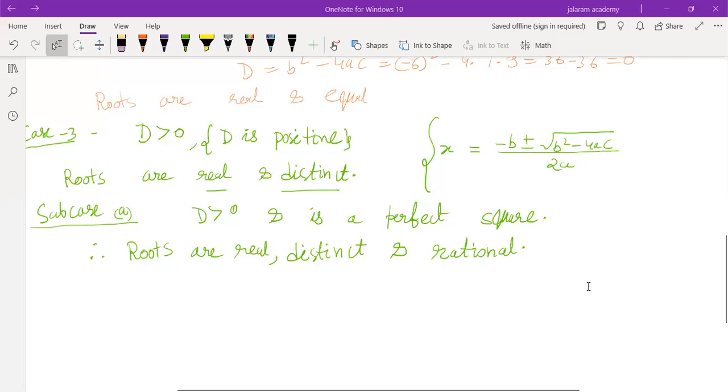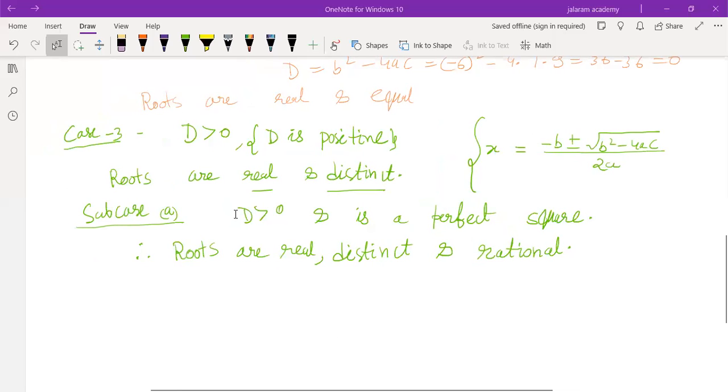Yes, sir. So whenever discriminant is greater than 0, actually discriminant is written inside the square root in the Sridharacharya formula. X equals to minus b plus minus root b square minus 4ac upon 2a. But if it is a perfect square and it is written inside the square root, then it will give a number which is not inside the square root. So it will give two roots which are real, distinct, and rational also, as square root of a perfect square is a rational number. Okay. For example,